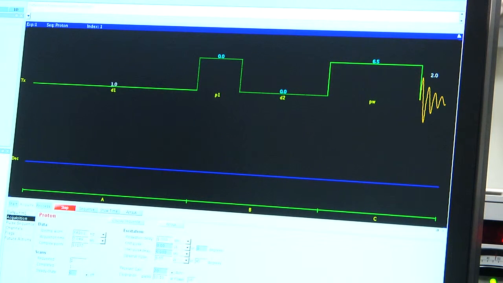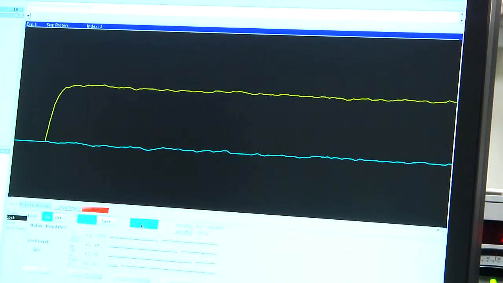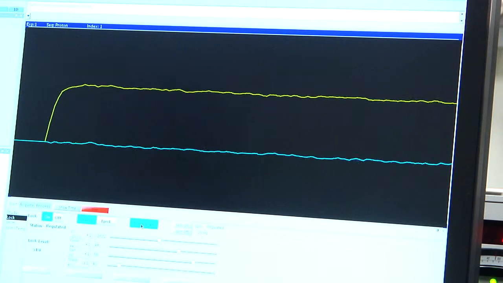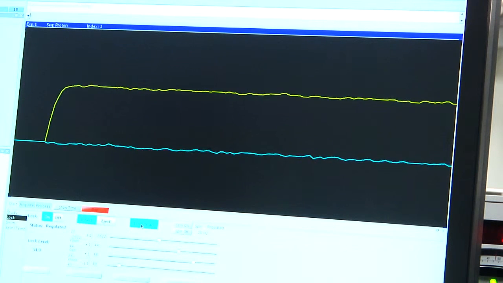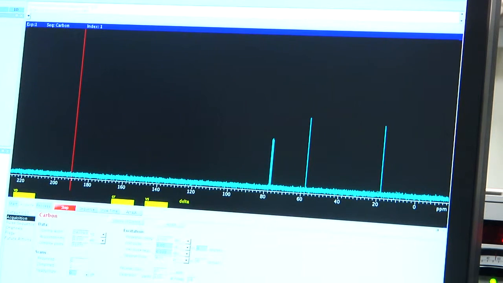Once the experiment is started, inside the spectrometer, the probe will tune to the specific frequency of the nucleus of interest and ensure the magnetic field is held constant and homogeneous through locking and shimming. This is what the lock signal looks like. The pulse sequence consists of 3 segments: a delay period for all nuclei to align to the magnetic field, a short pulse of irradiation to excite the spin states, and a few seconds to measure and record the relaxation of spins. The sequence is repeated several times to improve the signal-to-noise ratio.